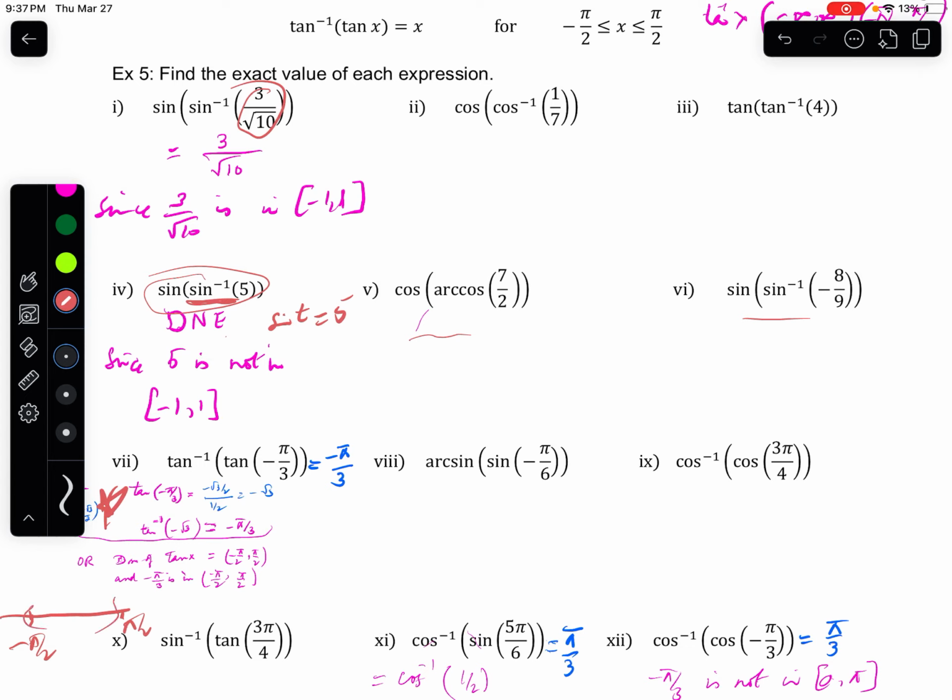So does negative pi over 3 lie in between somewhere here? Yes, it does. Or does negative pi over 3 lie in here on the unit circle? We would say yes. Why? Because pi over 3 is here, so negative pi over 3 will be somewhere here. So it lies within that region. Therefore, we can get negative pi over 3. So in order to show work,